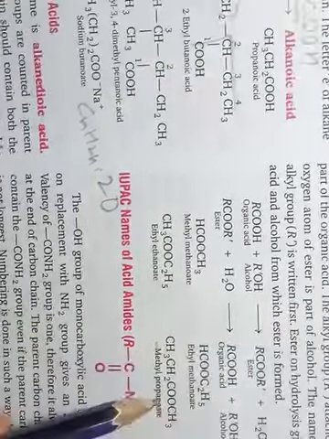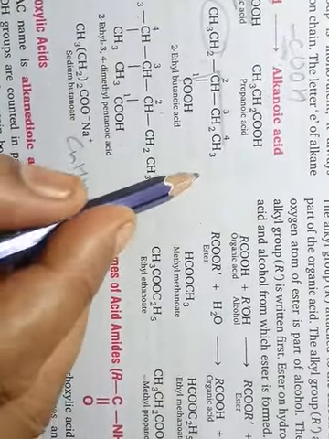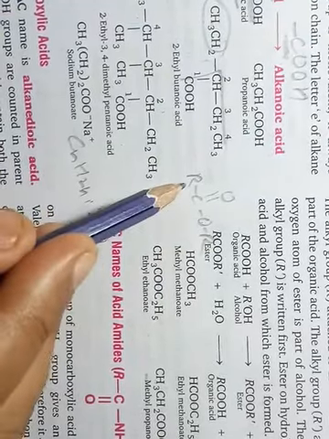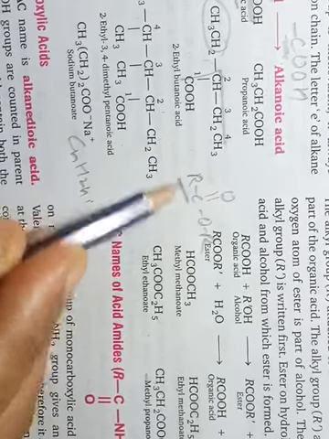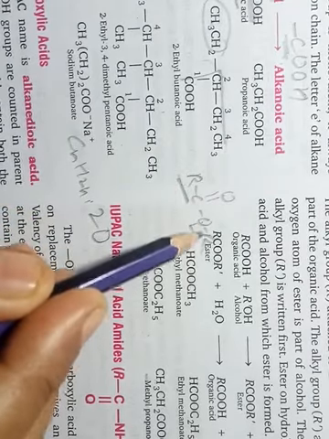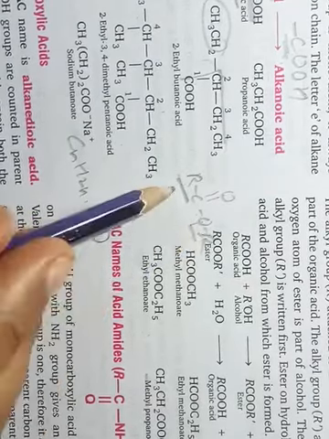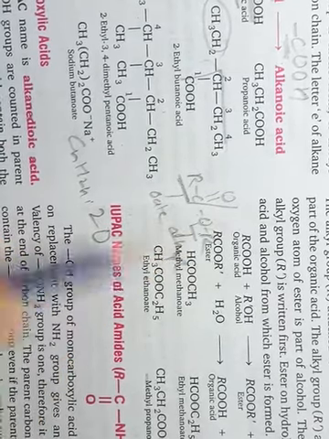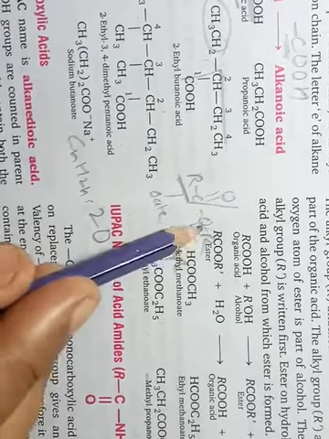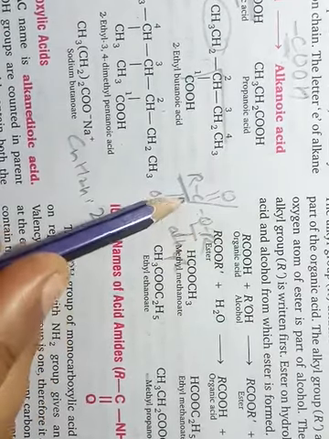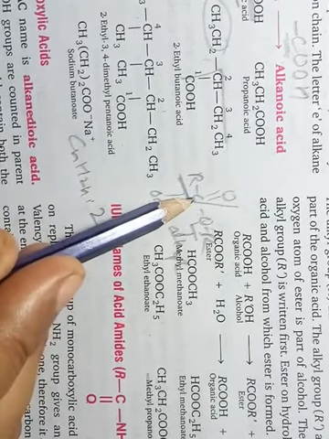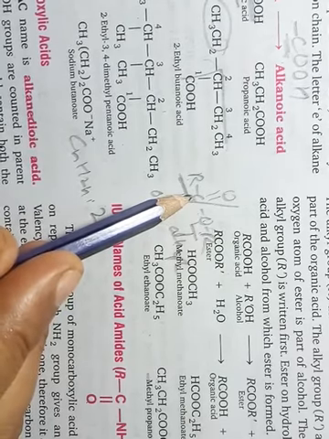Each ester has two parts. We can represent esters in the following way. There are two carbon chains: one is attached to the carbonyl carbon and the other is attached to the oxygen atom. The portion attached to the carbonyl carbon is written with -oate at the time of naming, and the R attached to oxygen is named as alkyl. This carbonyl carbon will be included at the time of counting the chain.